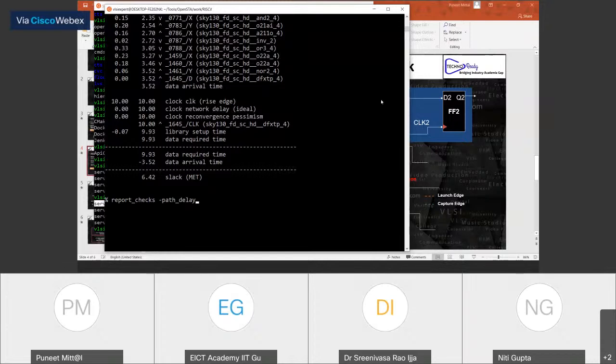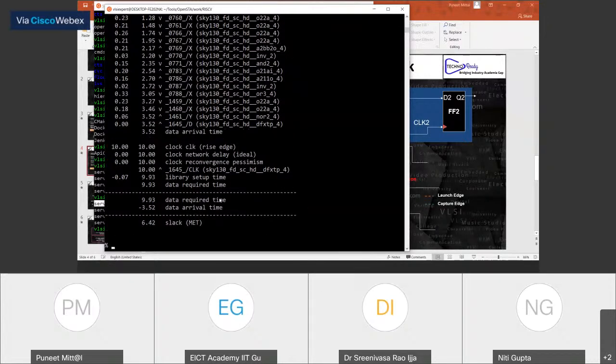Yesterday I asked you just to try a couple of commands. How many of you did it? See, this is for the max. So how many of you tried the commands yesterday?